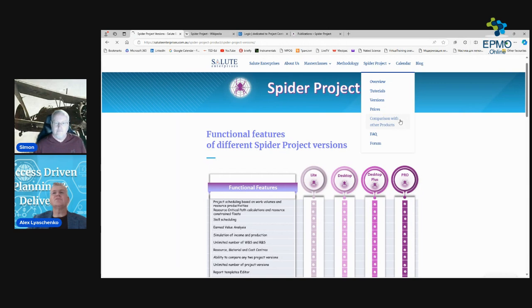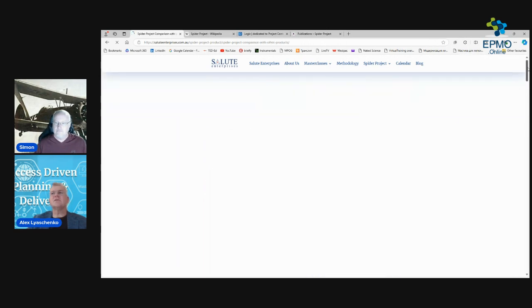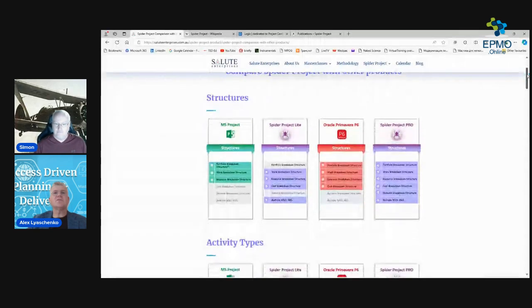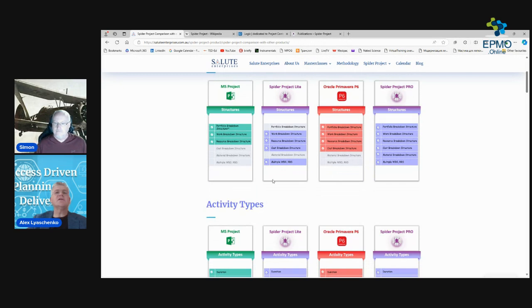So if I go to comparing to other products, there was a comparison done to MS Project and Primavera, and you can see they compare the light version and the pro version. And you, as an absolute expert in MS Project, we can maybe touch on that a little bit. So you can see there are certain areas like multiple WBS, RBS,